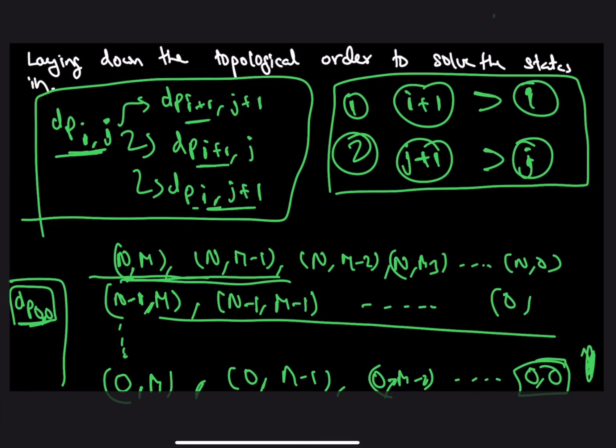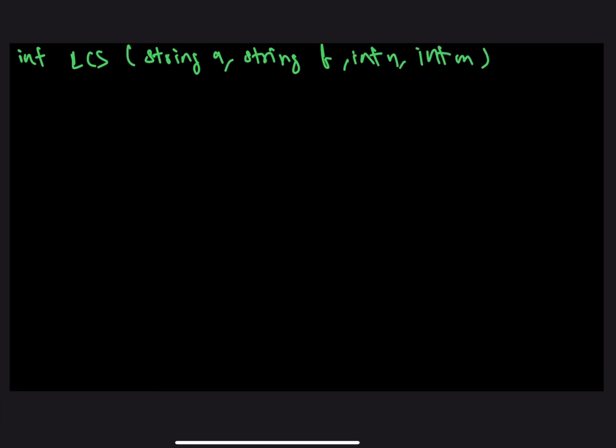Now let's have a look at the whiteboard style coding for this problem. For that, we'll create a function that takes in two strings as input, string a, string b, and I am also taking two integers as input, int n comma int m, just for simplicity, because I do not really want to define n and m as a dot size and b dot size over here. That would take some space.